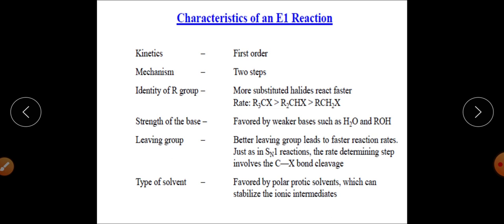At that time you can see that the carbocation will be synthesized, and it will be a stabilized carbocation as compared to secondary, as compared to primary, as compared to methyl. So the same will be seen in the case of the E1 reaction. And when we talk about the E2 reaction, the same order was also there, and what will be the reason